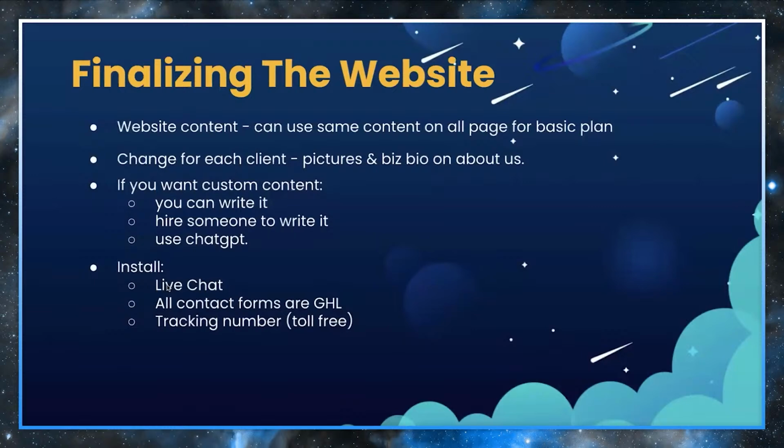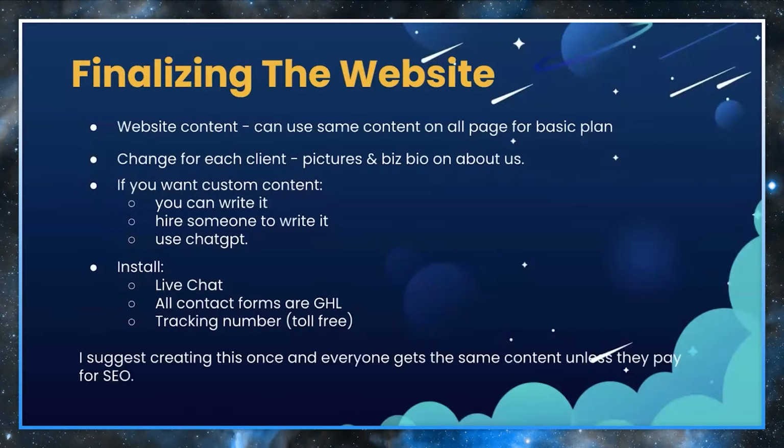Again, you want to assume, even if they just paid for the website in a day, that they want the SaaS plan, and just automatically enroll them into SaaS. I suggest creating this once and everyone gets the same content unless they pay for SEO. Meaning, if you're working with landscapers, build one website in a day website for landscapers, the same content. Obviously, you can build out all the different services. Maybe not every client does all those services. Maybe one client doesn't do lawn design, another client does. So you could just hide that page for that client, but have a master template and then give them all the same content. That way you don't have to redo it every single time.